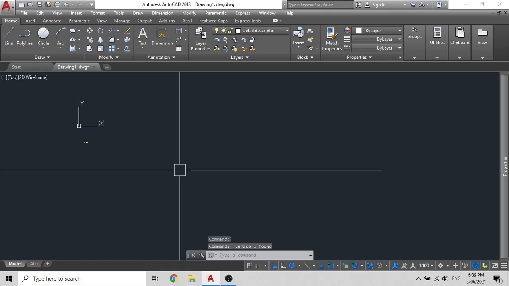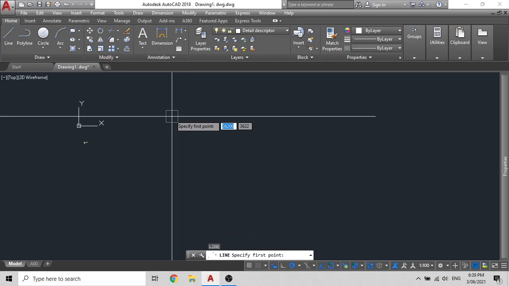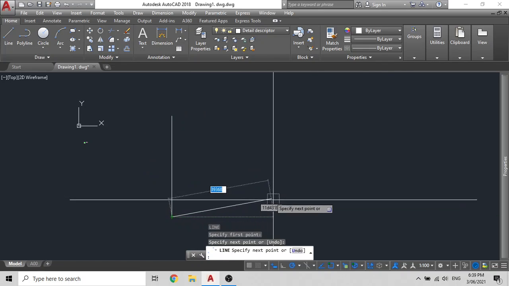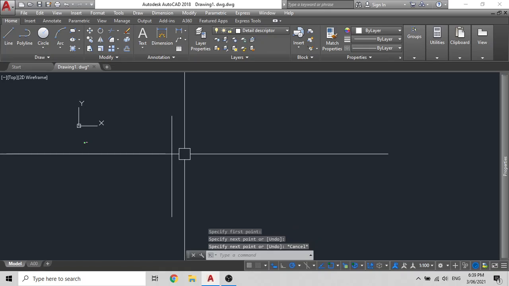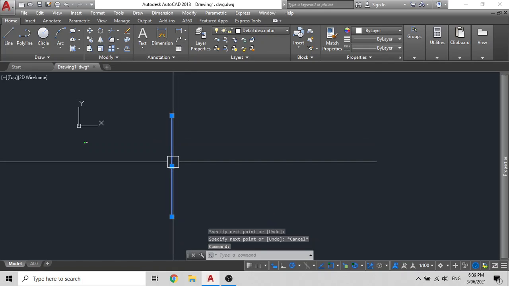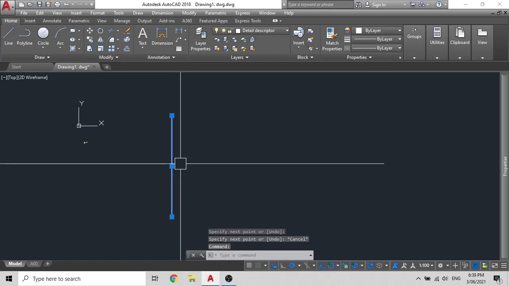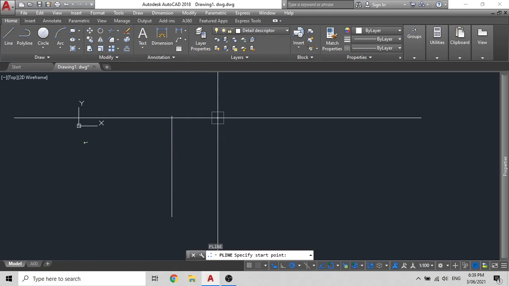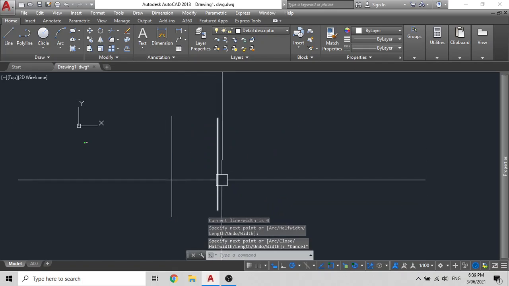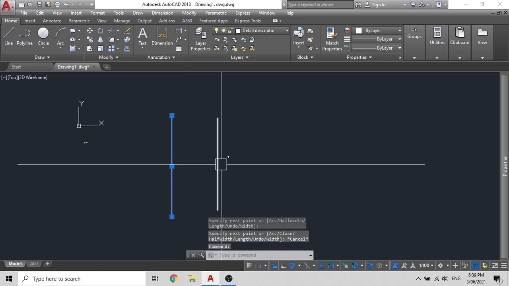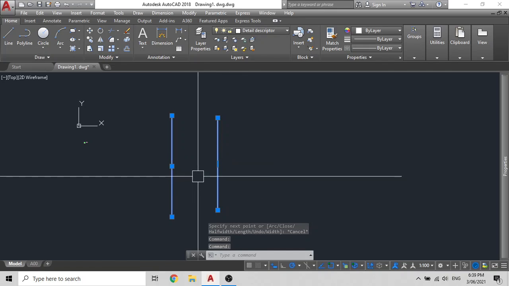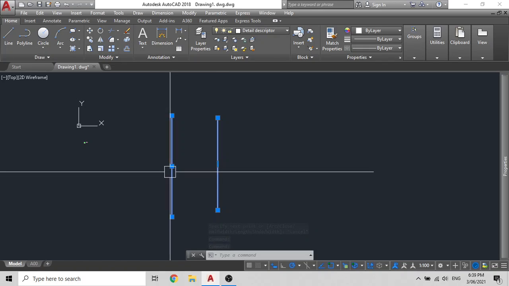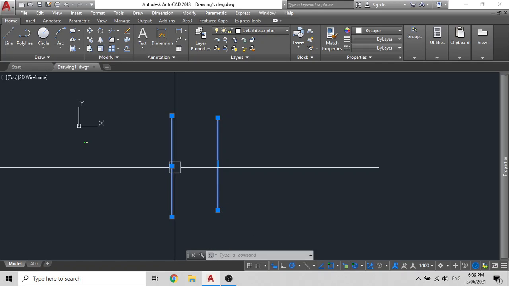The next command is line. To bring in a line, type L for line and press enter, and this is your line. To differentiate between a line and a polyline, the middle hot grip for this line will always be a thick box and not a thin box like the polyline. Let me show you what I'm talking about. So we know that this is a line and this is the polyline. The difference is this middle thick box. For a polyline it's thin, and for a normal line it's thick.